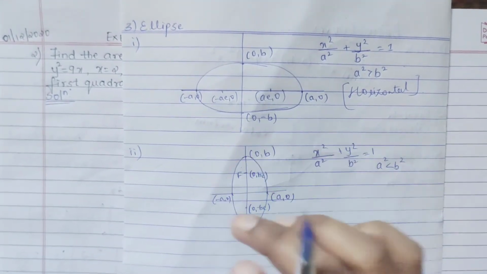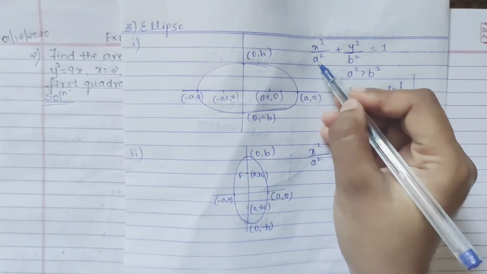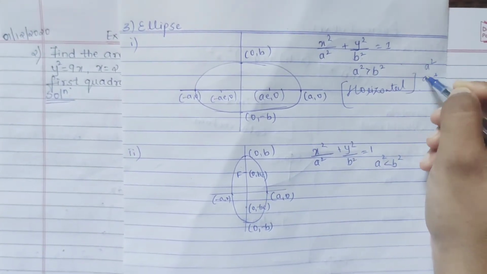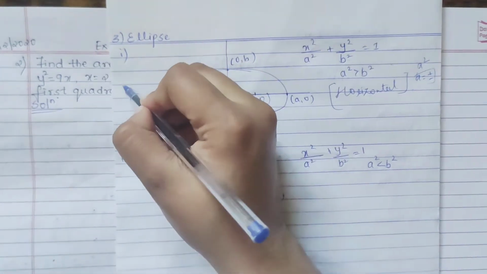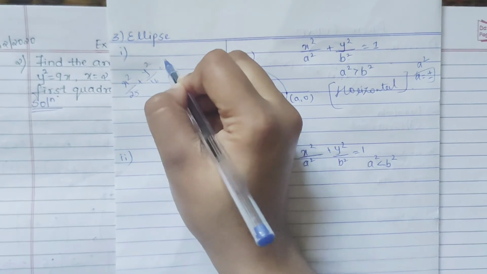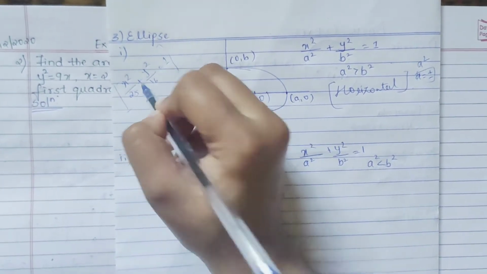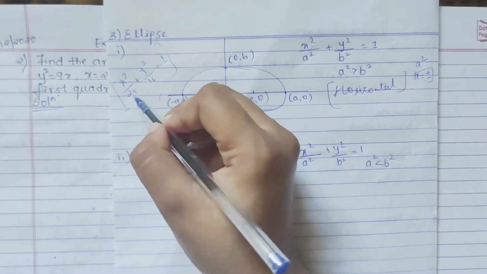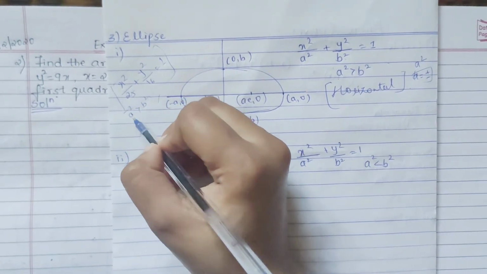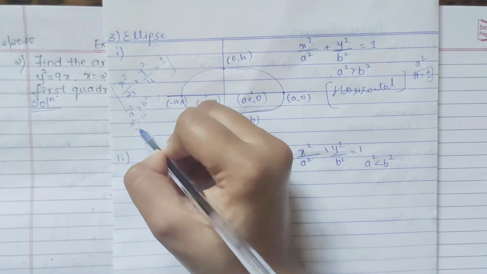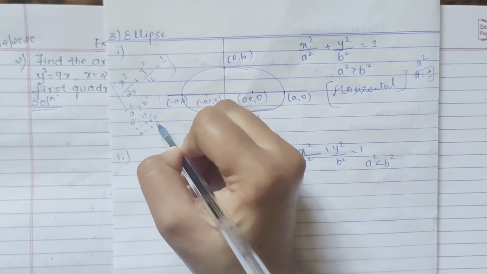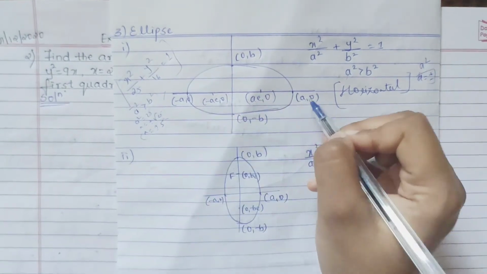you are getting your points how you will get from your a comma 0, means a square it is, so a value will be plus or minus. For suppose now you have question x square by 25 plus y square by 16 is equal to 1. Like this question you have, which means it is representing this ellipse. How your a square is greater than your b square, and your a value will be, a square is 25, so a will be plus or minus root 25, and root 25 is nothing but 5, right? So a will be plus 5 and minus 5.